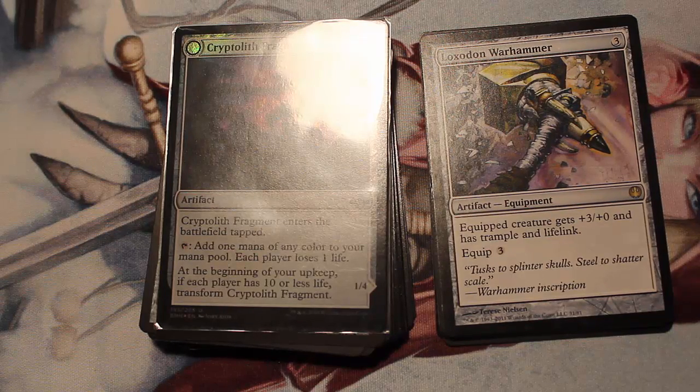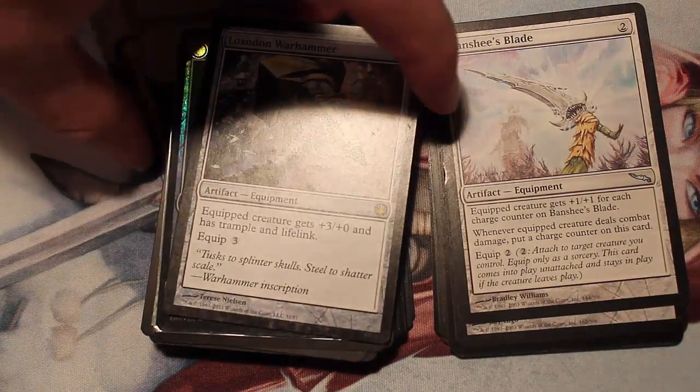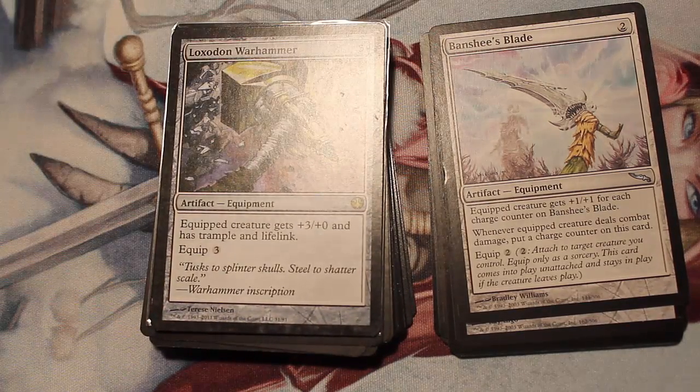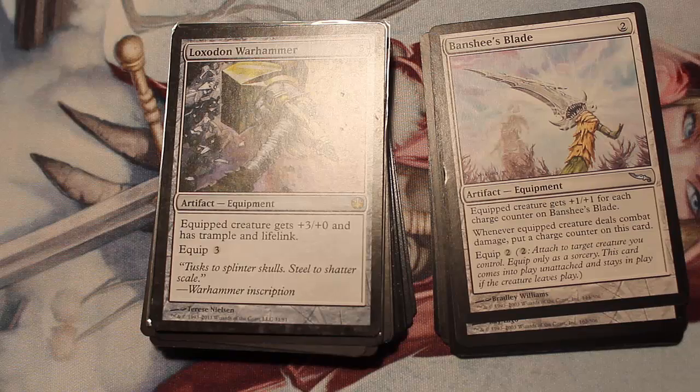Now I know this one looks like it's a rare, but actually Loxodon Warhammer has appeared as an uncommon, and so that's why I'm including it. Okay, Banshee's Blade. Now this one again is kind of a killer. Equipped creature gets +1/+1 for each charge counter, and whenever equipped creature deals combat damage, put a charge counter on